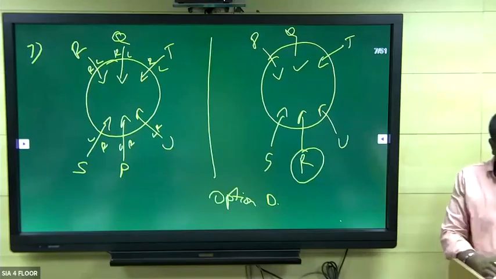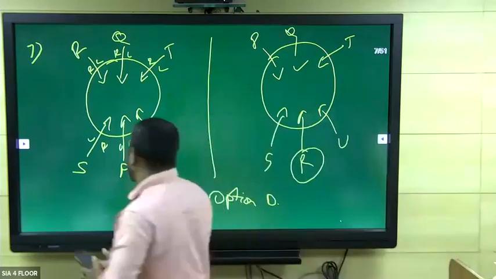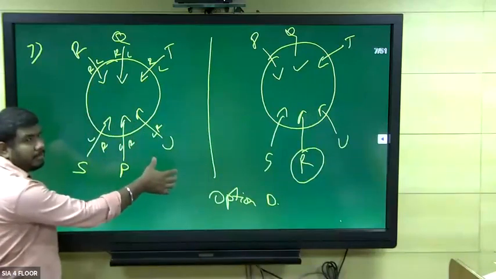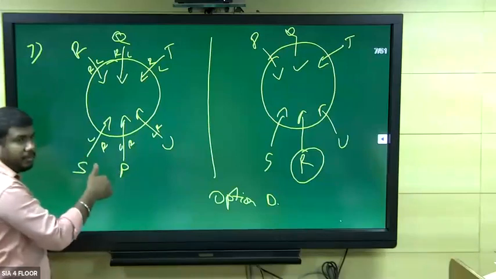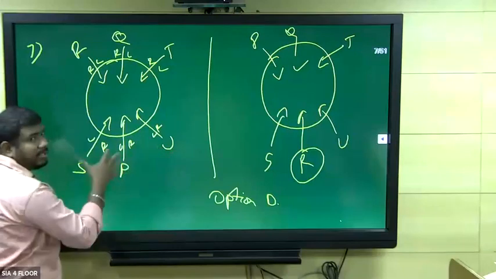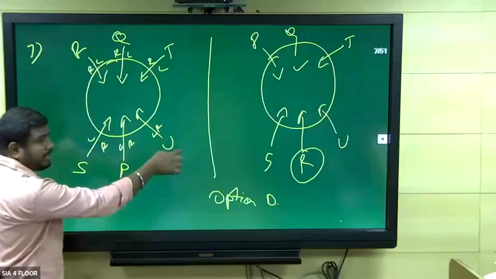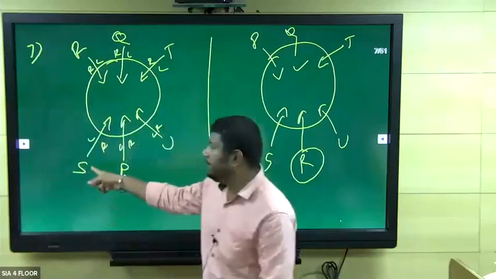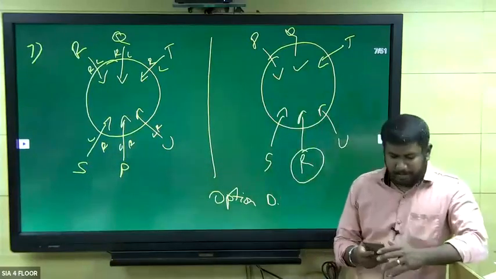Can you explain S and U? Okay, in the first diagram, they have given P is sitting to the left of U. If I take U on this side, then P will be on the right side of U. So I took U. Now listen to the statement. P is to the left of U. So U is here, left of U is P. Clear? And R is here, S is here, right of S is P.